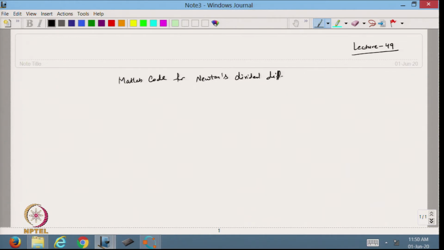We already know that for the given data we are going to have a unique interpolating polynomial.